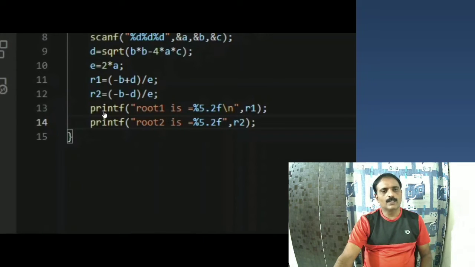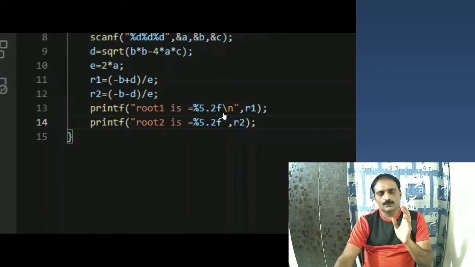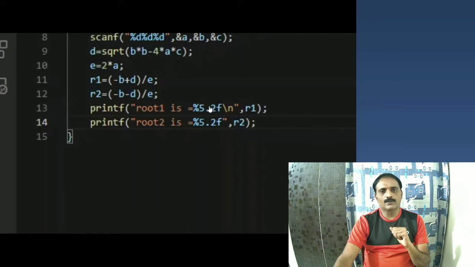For that I am writing the printf statements. Printf within double quotations, root 1 is equal to percentage f. Percentage f is the format specifier for real values. Here 5.2 means I am going to use 2 places for the decimal and 5 digits for the integral part of the root r1.